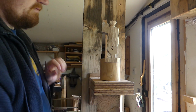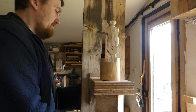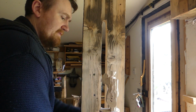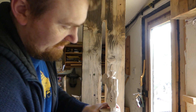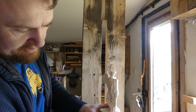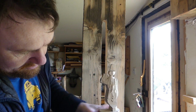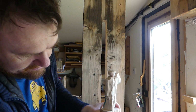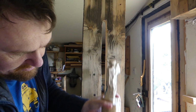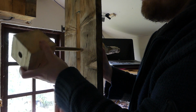There's also another thing you could do with this stand, which is also part of the reason for having this long slit in the back. It's not only for the adjustable up and down of this shelf. There's also another advantage to it. Not so much for this carving that I have here, but if you have quite a big carving, or a flat carving that can go against this, you could stick another block to the back, or maybe just use a thicker piece of wood that can clamp on there easily, that you can drill into. But what you can do is put this through the back here like this,